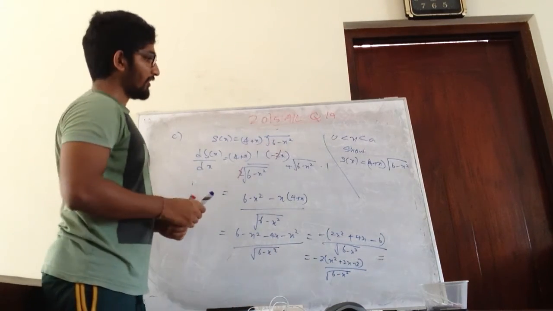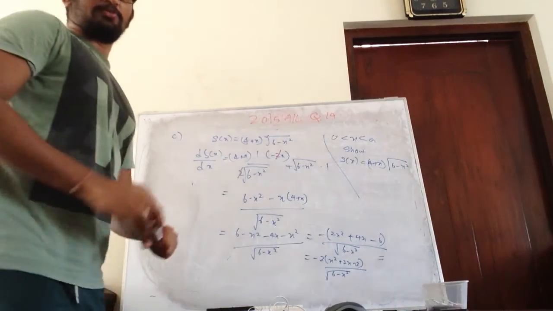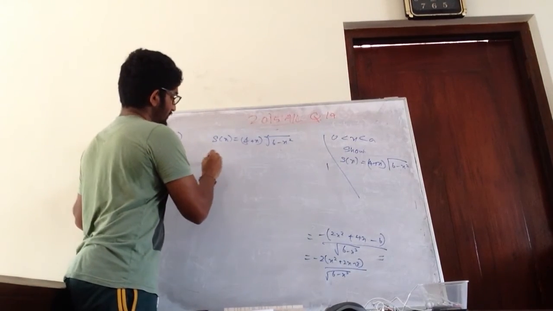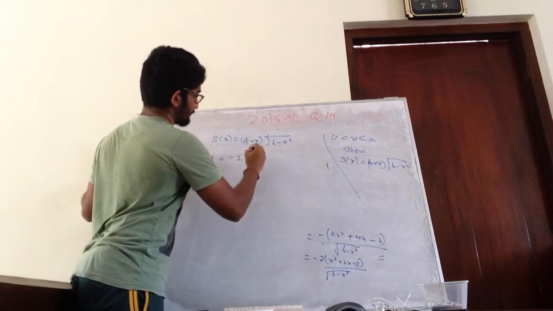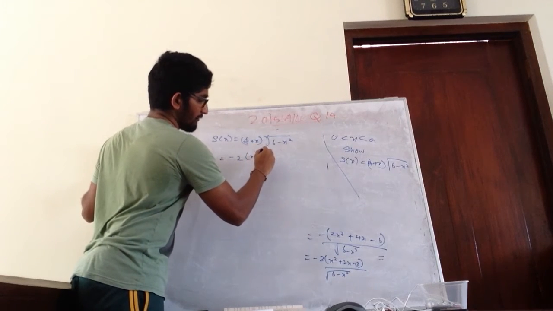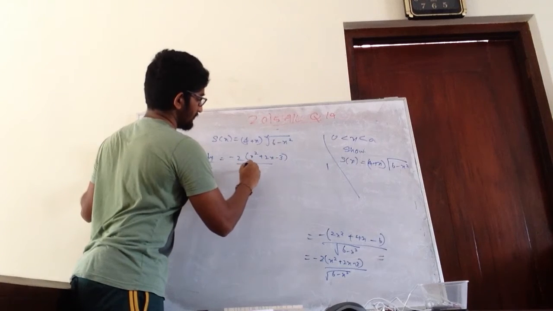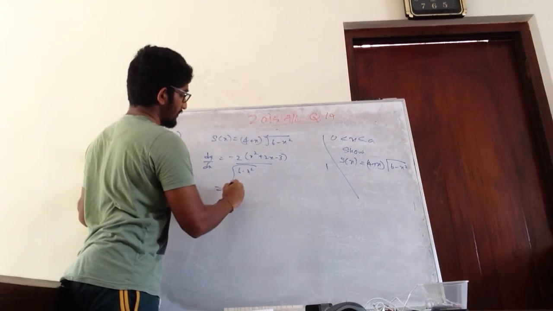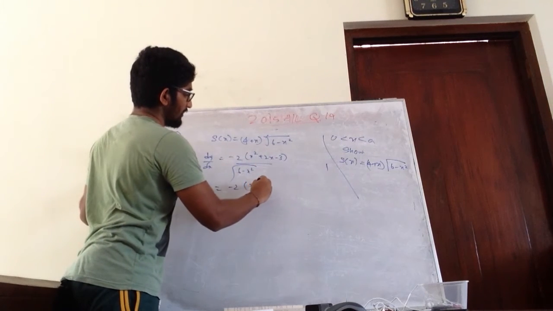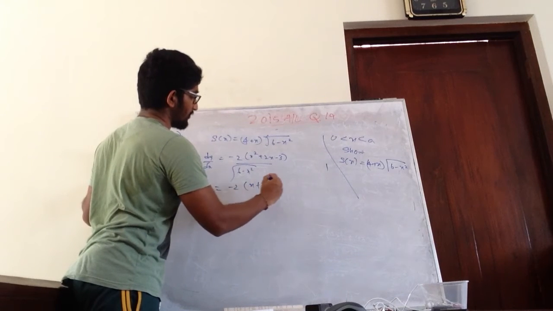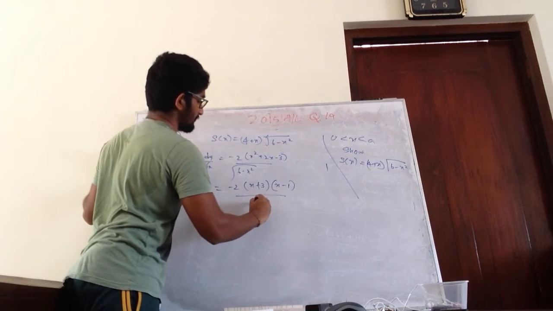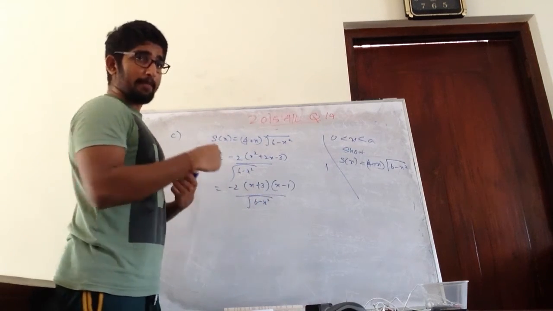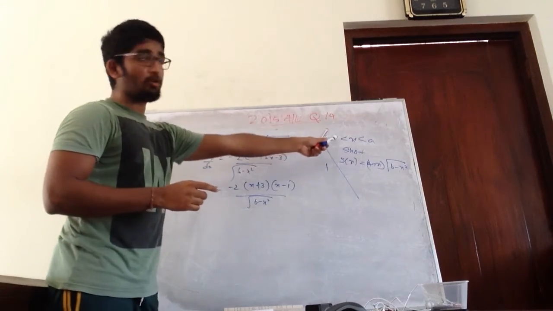Right now? Then what? So write this down. We'll continue. So we came up to this one now. dy over dx is minus 2 x square plus 2x minus 3, 6 minus x square. So we come up to here, then I'm going to factor this out. So this is going to be x plus 3, x minus 1.